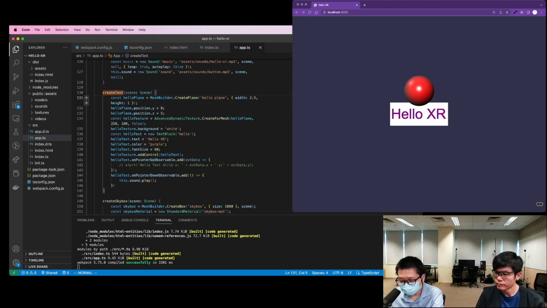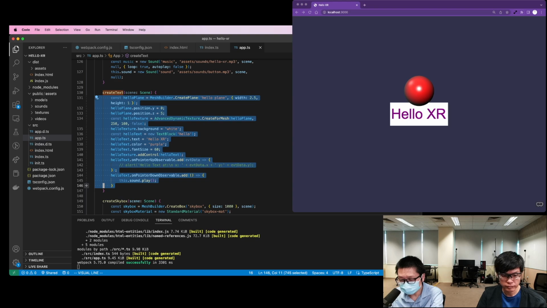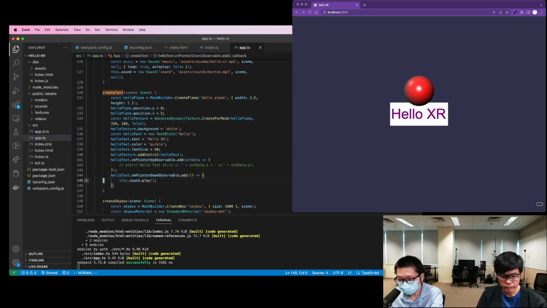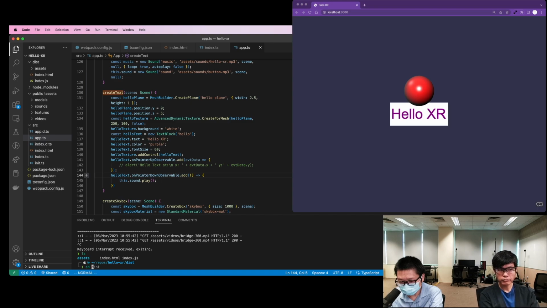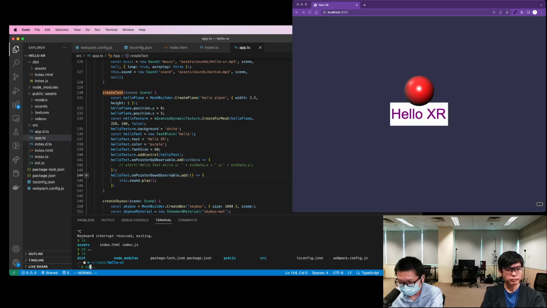Okay, so I will move this part of the code into another file, and import the code in the second file into this app.js. App.ts. So kind of you are making a component for your app. So, okay, a custom component. All right, so let's see. Okay, let's go back to